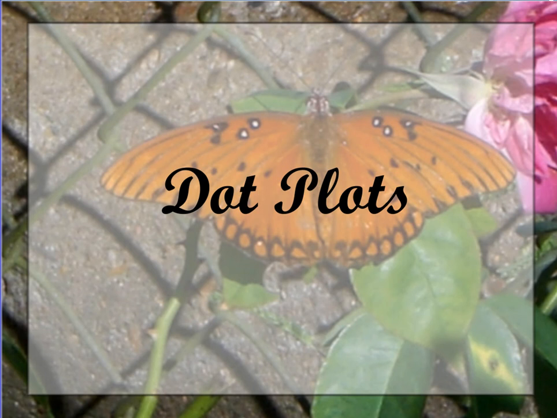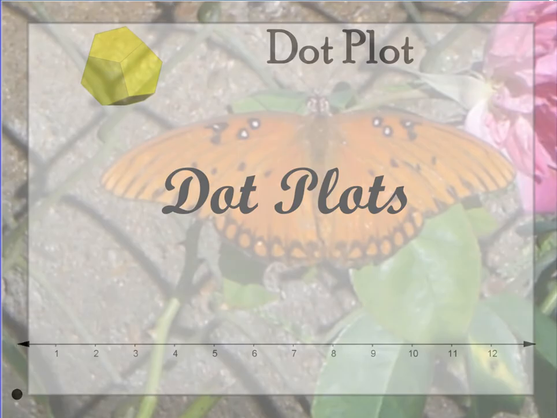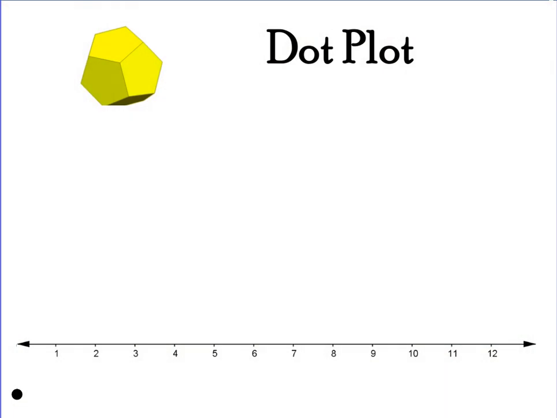Okay, today we're going to discuss dot plots. Dot plots are graphical representations of statistical data. In other words, we're going to create a picture or a graph of a numerical list. To start creating a dot plot, you need a number line, and the range of your number line is going